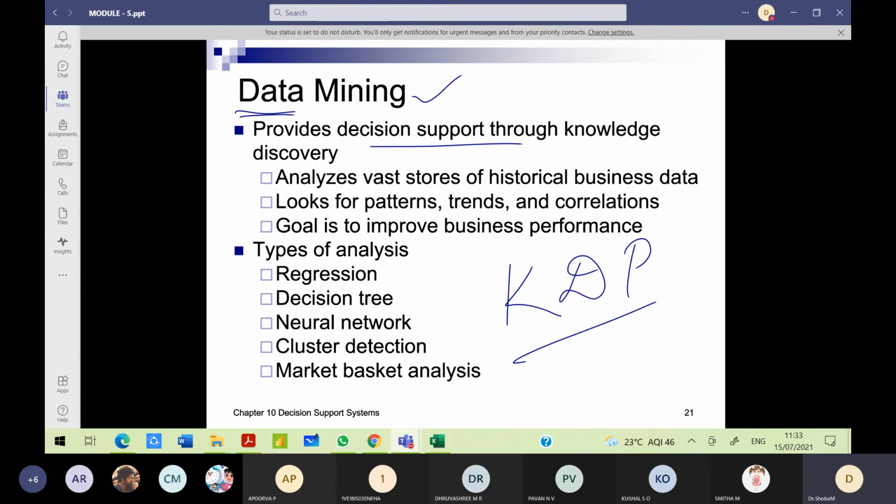That distance calculation you can do using either Manhattan distance or Euclidean distance, and you can infer something. Similarly, how correlated two different patterns are can be examined.